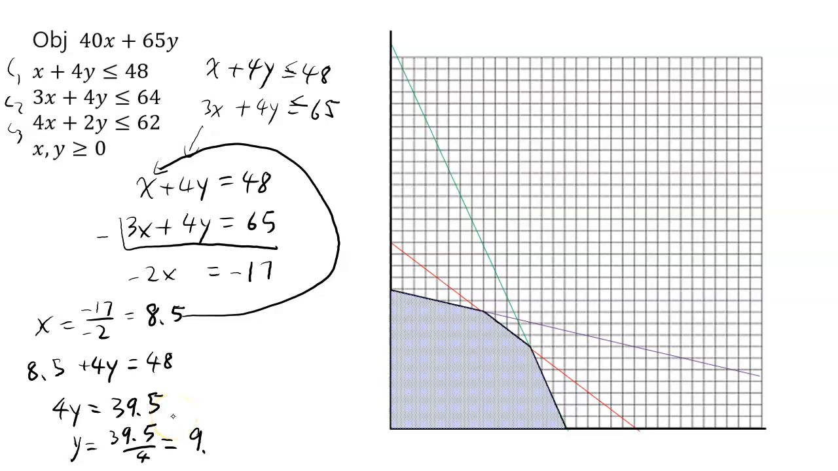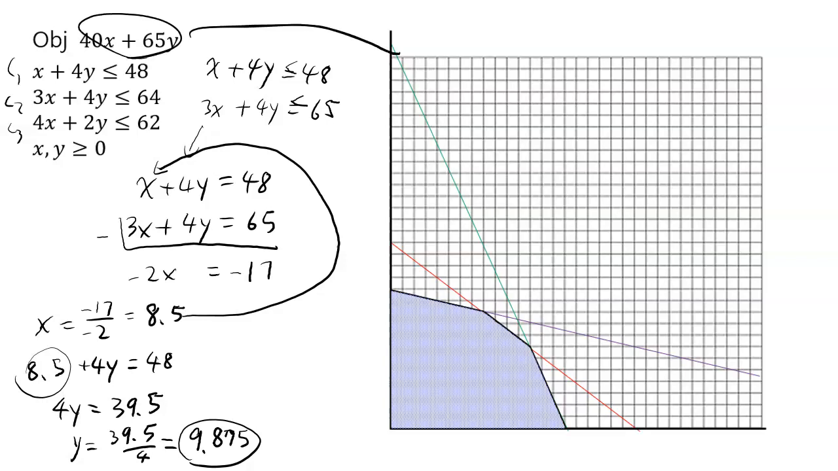You can use your calculator and you're going to get, no, it's 9.875. Okay, that's your new y value. Your x value is 8.5. What do you do with this? You plug it into your objective function. Now, let's calculate the objective function. 40 times 8.5 plus 65 times 9.875. And I just used the calculator, and my calculator says it's